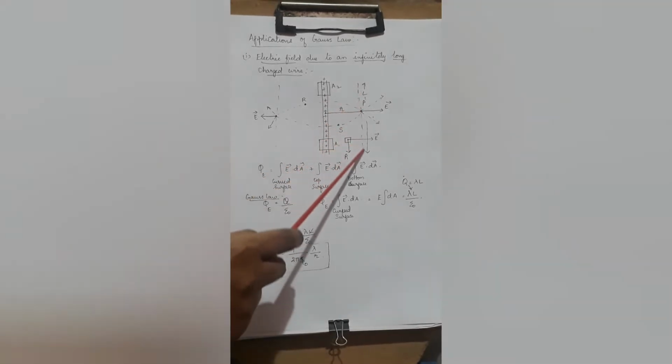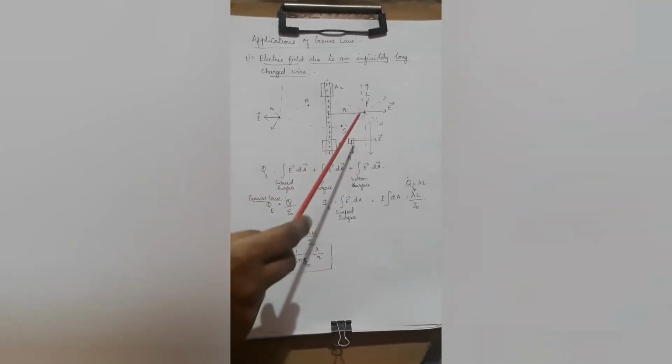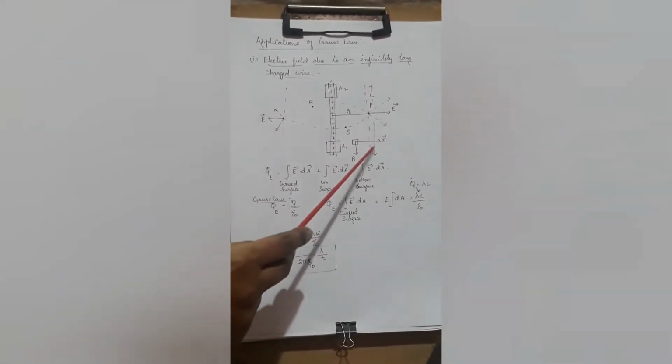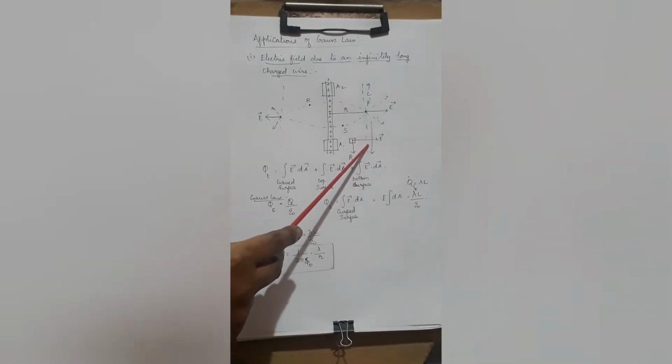See, in the diagram I have drawn here a cylinder. These dotted lines say that it is a cylinder. I have drawn it with a dotted line because that's the surface I am going to consider, the Gaussian surface. But where am I going to find the electric field? There is a rod. Can you just see here? There is an infinitely long rod here which is positively charged. I am going to find the electric field only upon this one.